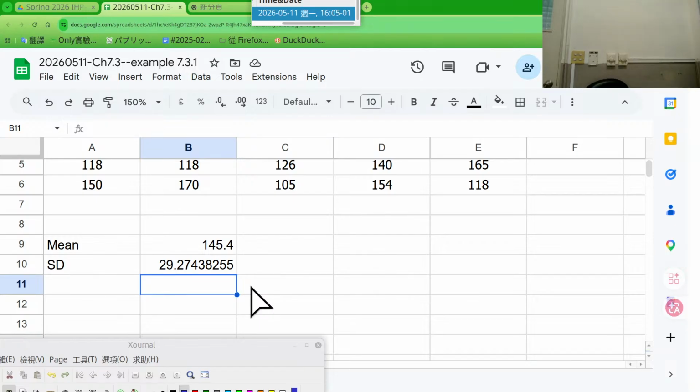So far, any question? Okay, and again, I encourage you to do this with the software, not directly input the number and get the answer. I hope you can practice how to get the function from the Google spreadsheet. And next question,